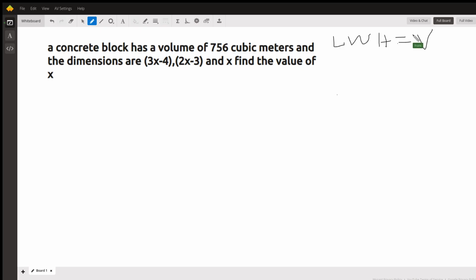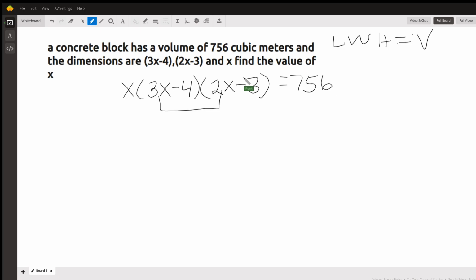So I'll just multiply these together. X times 3x minus 4 times 2x minus 3 equals 756. So I'm going to multiply this, and I'll get an equation. You can graph it to find what the possible values of x are, or solve it, and I'll show a way to solve it. So first I'm going to do 3x times 2x is 6x squared, minus 4 times 2